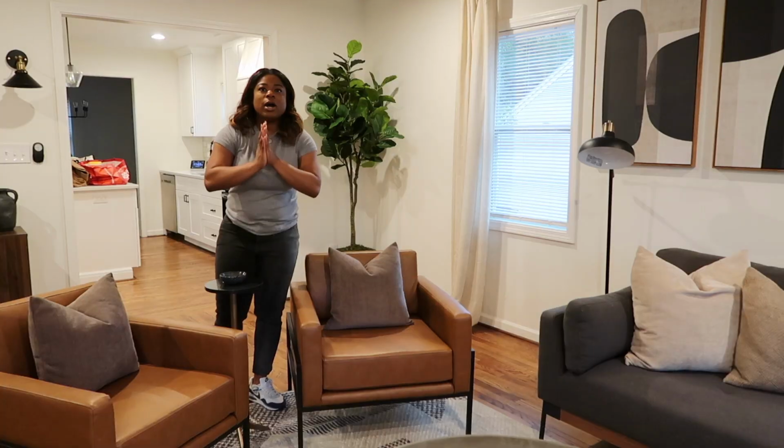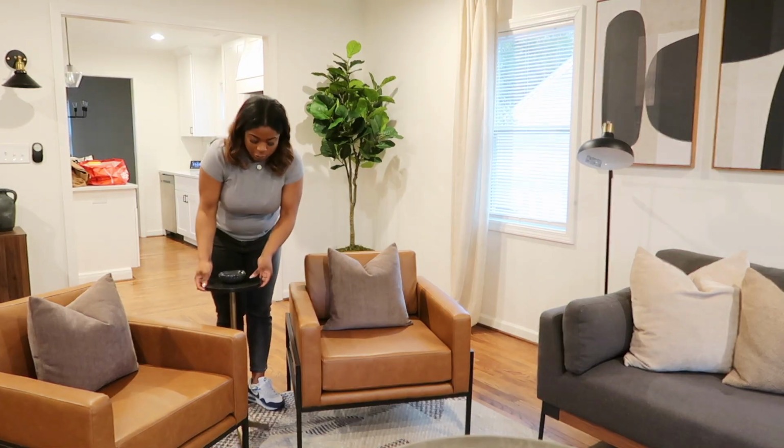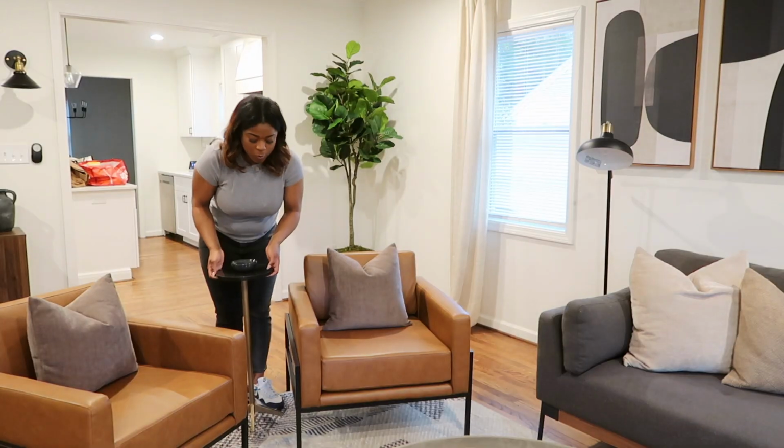I feel like it would have made the room a little flat, so it's nice that it has a little interest, a little pattern, but it's still neutral, and it's not too loud, but it just blends in really nicely. It really just ties everything together in the room. So I am obsessed. Oh, I forgot to mention that this beautiful end table is from Home Goods as well too,